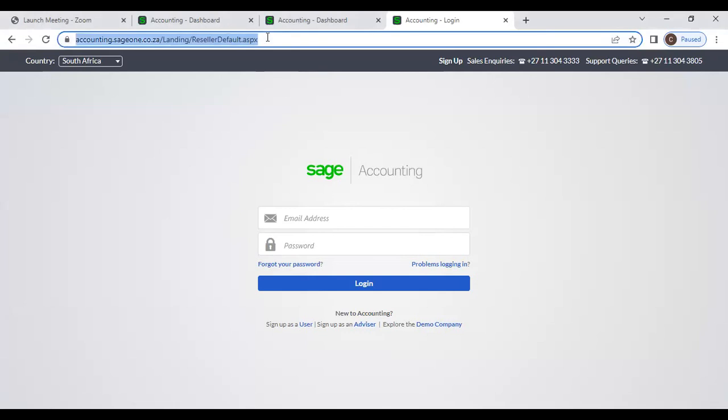This URL, accounting.sage1.co.za, and you can enter your email address and password. We have provided the password, pwh@slit2. We have shared that document, so you can follow those instructions and you can log into the system. Okay, this is the URL